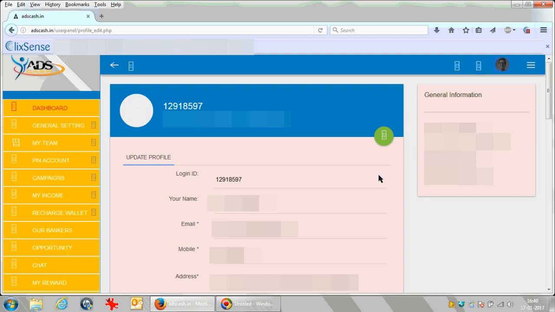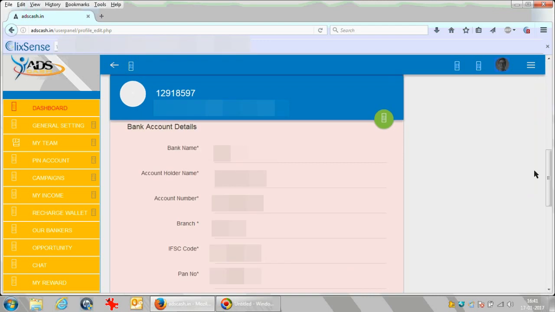Your login ID will be allotted to you, your name, mail ID, mobile number, address, and most importantly, your bank account details. What bank account you are using, the name of the bank account, the account number, what branch it belongs to, your branch IFSC code, your PAN number.